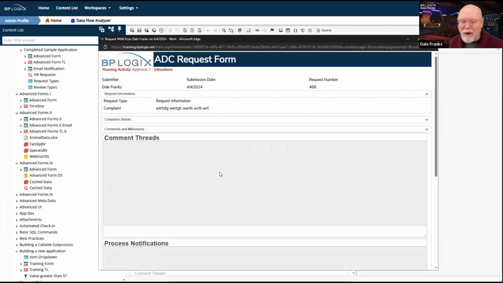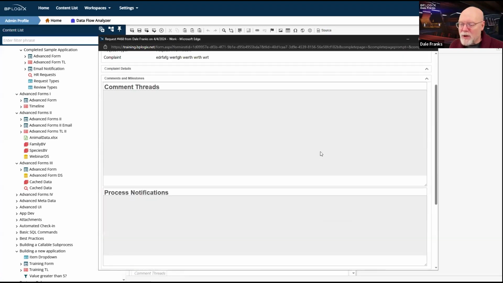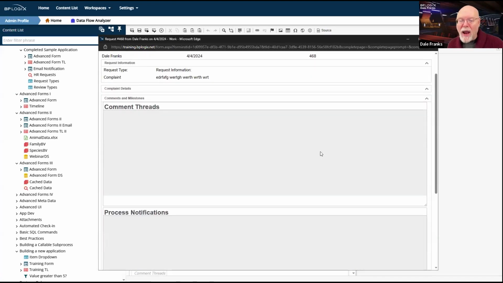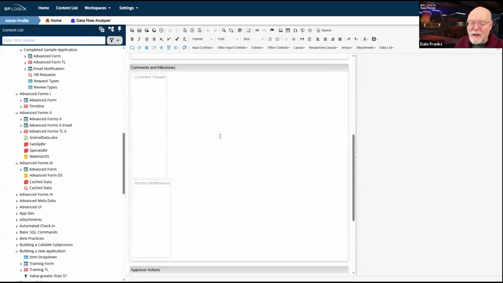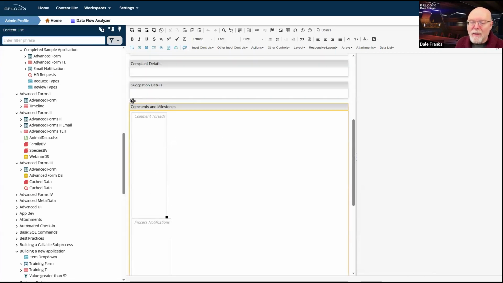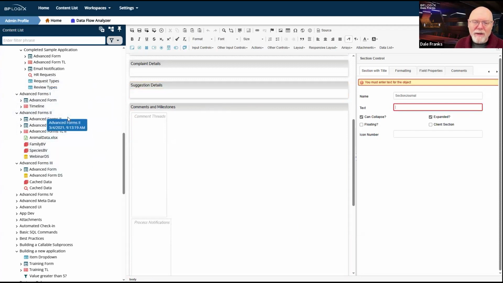So I've got a couple of other things that I need to do, because now that I've submitted the form, while it looks great, this form is all disabled. So I have to defeat these disabling conditions that I put at the form level itself when I created the form. So I'm going to need some more conditions set up on these two items. I don't know why it is doing that.